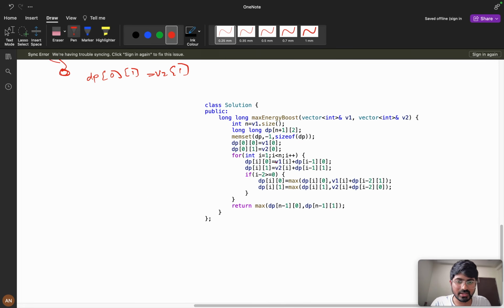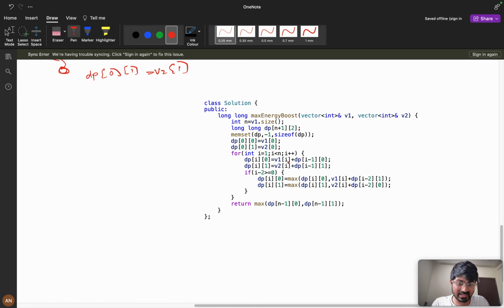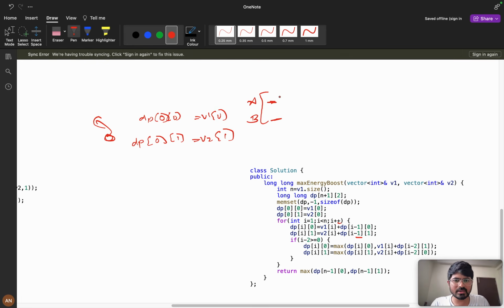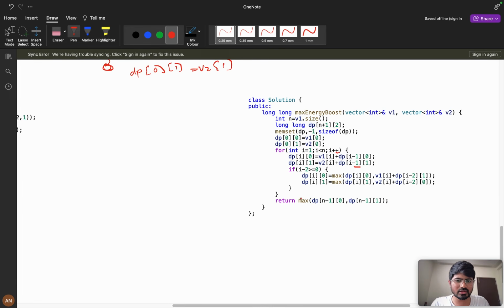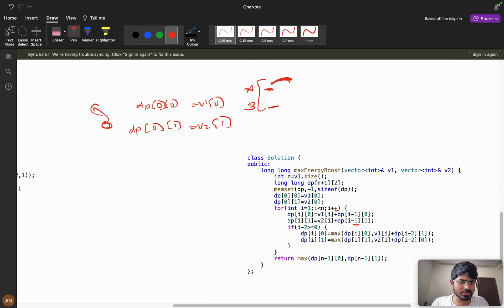What I am saying is that dp of I comma 0 equals, directly I am adding, v1 of I plus dp of I minus 1 comma 0. Then dp of I comma 1 is v2 of I plus dp of I minus 1 comma 1. Directly I am adding the next element. In the second scenario, if my I minus 2 is greater than or equal to 0, what I am saying is that when you are at this index,